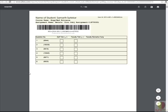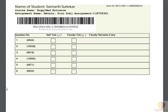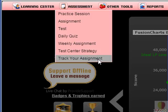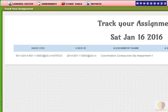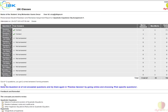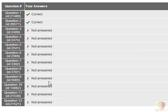However, for offline submission, each assignment has a cover sheet as shown on your screen, which is bar-coded. The student is supposed to submit in the center, and the student can track his assignment by clicking here. So the relevant messages are shown for the student, for various assignments. A detailed report on each and every assignment is presented to the student with the questions where he went wrong,